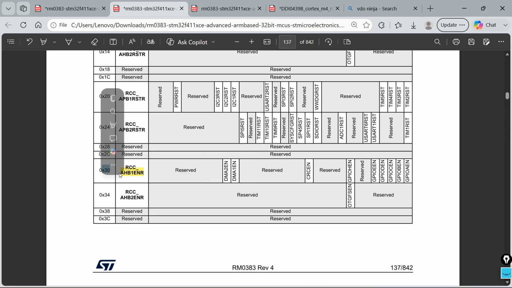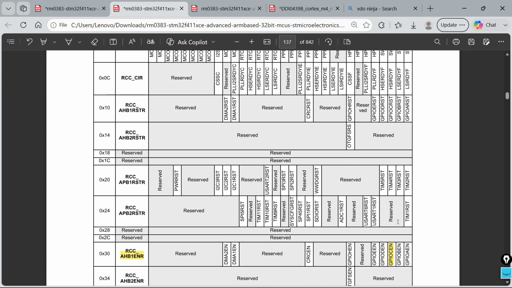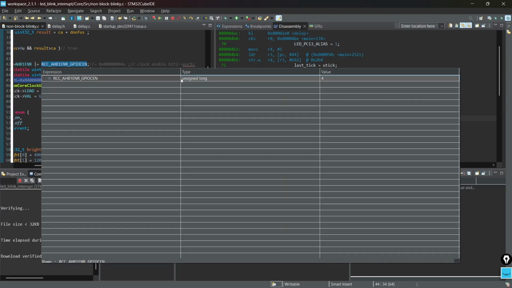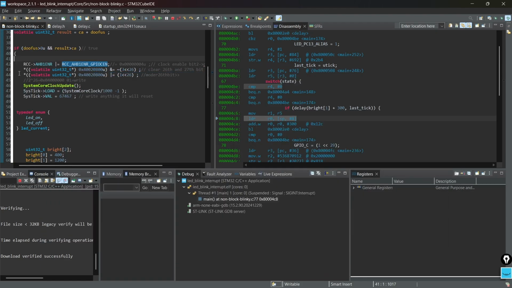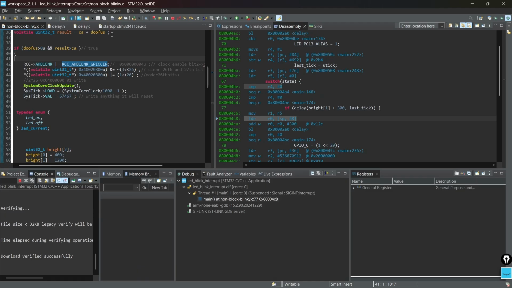This is offset 30, and we want to turn on GPIO C, which is bit number 2. So you can see we are writing 4 in the corresponding register. Writing 4 is equivalent to setting the second bit. Similarly,